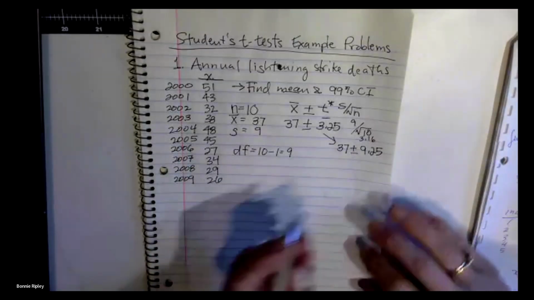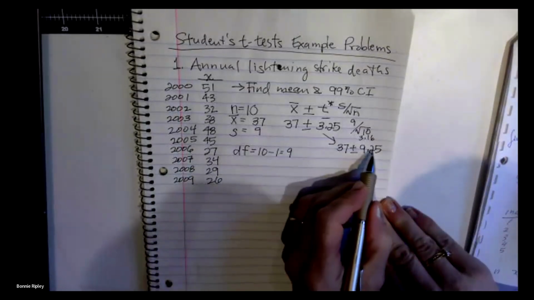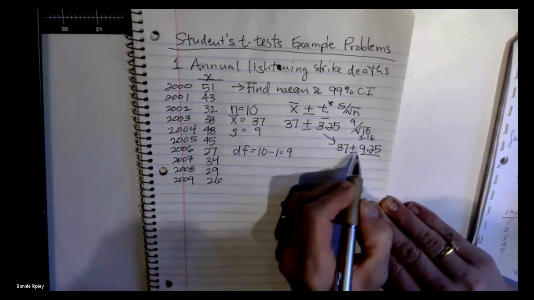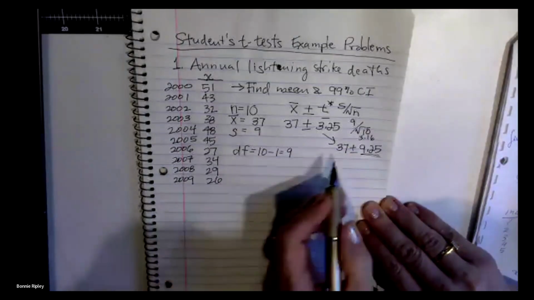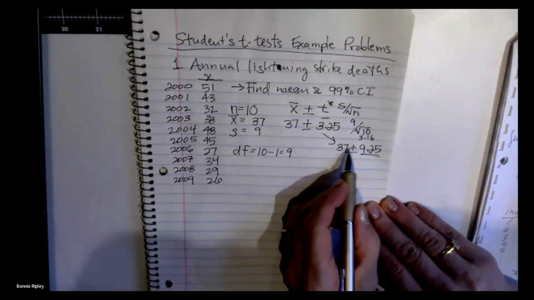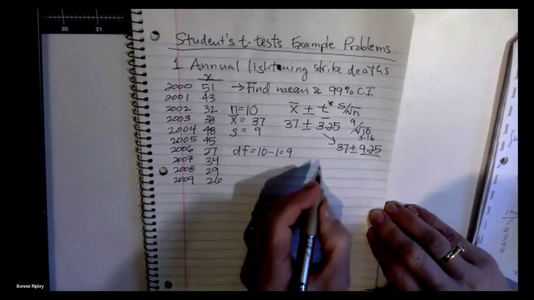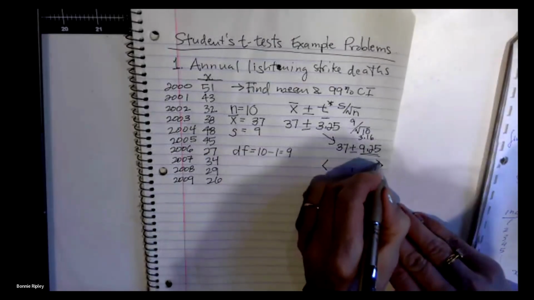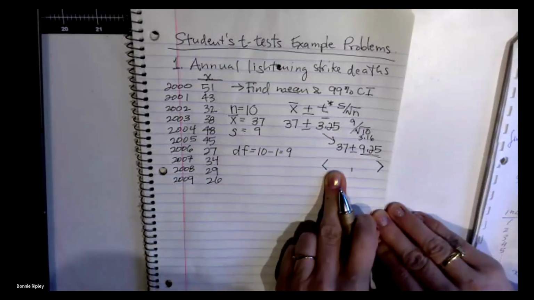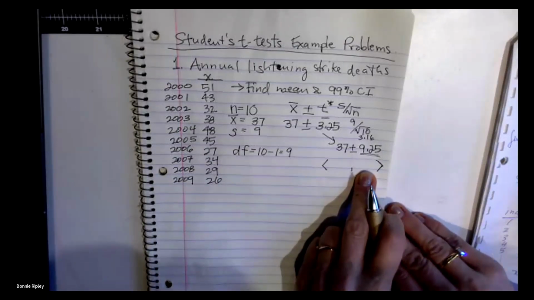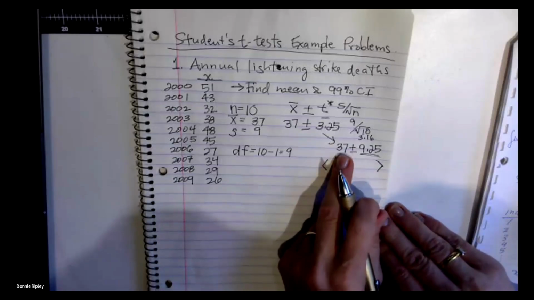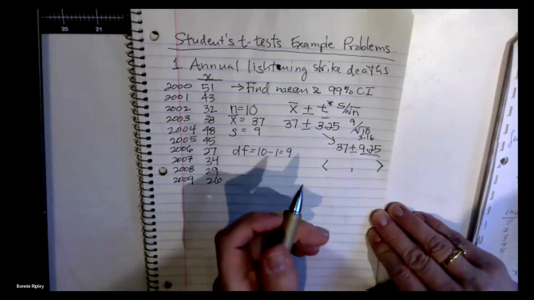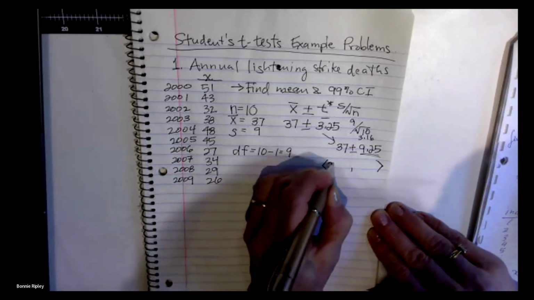9.25. This is our margin of error. We actually have to add it to the mean and subtract it from the mean to give us our endpoints for our confidence interval. So remember, when I ask you for a confidence interval, that means the left-hand end of it and the right-hand end of it. We're going to get the left end by taking 37 minus 9.25,